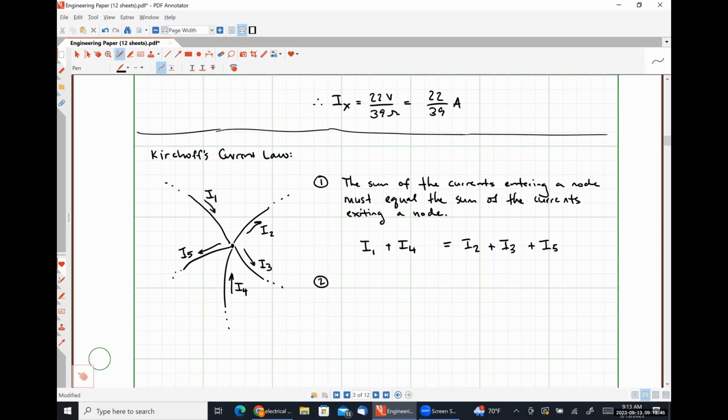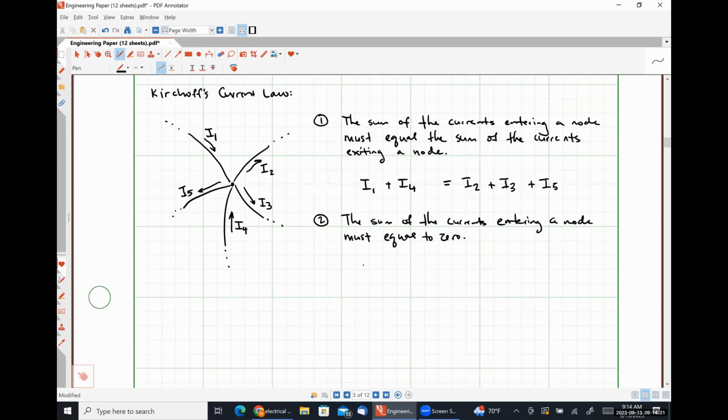So another way to express Kirchhoff's current law is simply the sum of the currents entering a node must equal 0. So this takes all of our currents, but I1 is entering, so it's going to get a positive sign. If I2 is exiting, then negative I2 is entering. So we would have plus I1 minus I2 minus I3 plus I4 minus I5